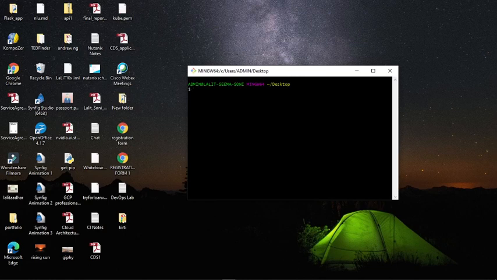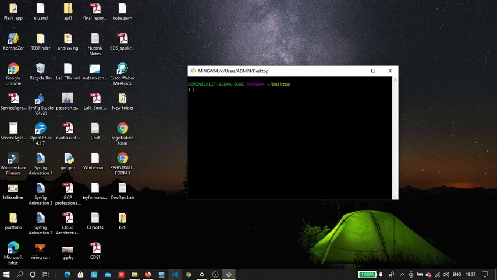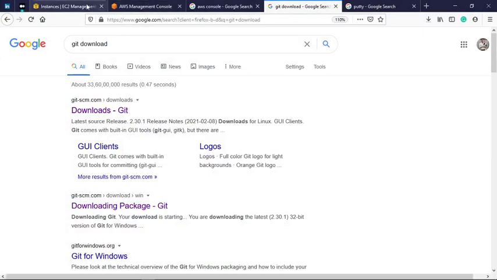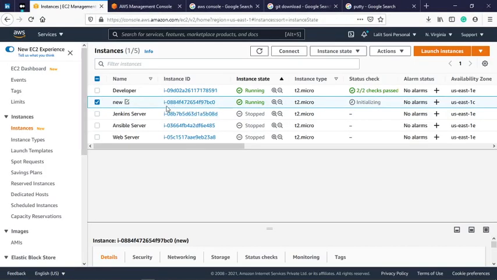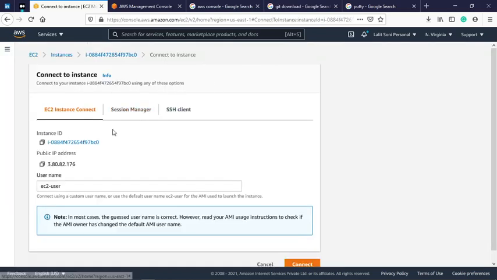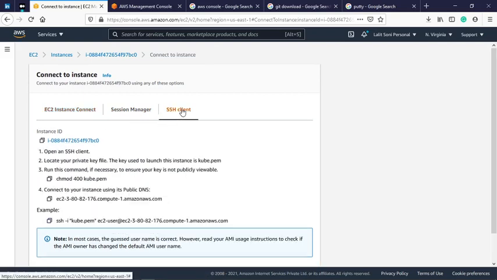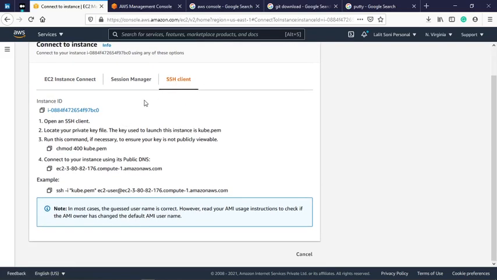When this terminal opens, what you need to do is go to your AWS console. No need to do anything, there are already predefined paths available. So we want to connect to this EC2 instance, right? We will click on connect, and after clicking, AWS teaches us how we can connect to the EC2 instance. There are 2 or 3 methods they are showing. They give this information for PuTTY, but we will use the SSH client. So we will click on SSH client.